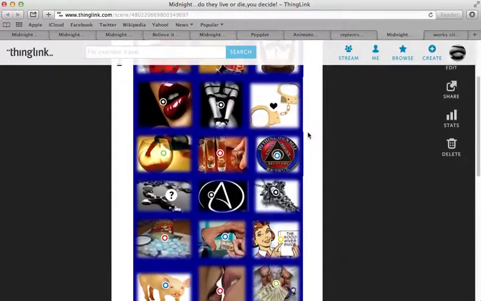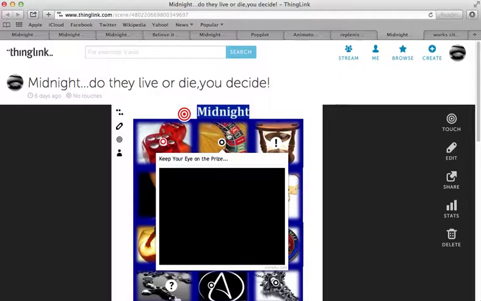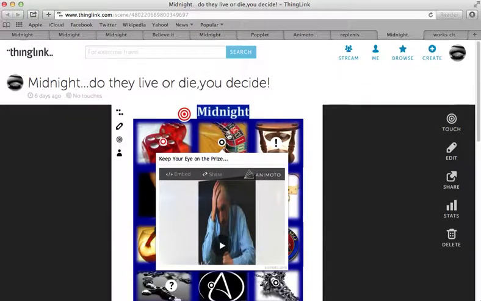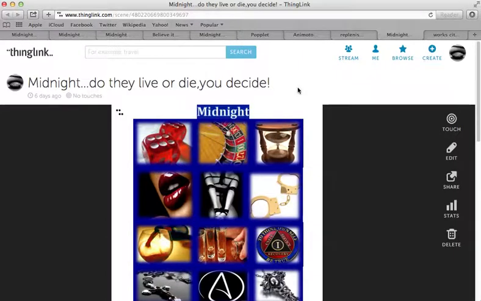As far as the stories, like I said, the left side is the story, the middle is the end if they would live, and the right side if they would die. So that is basically your Thinglink